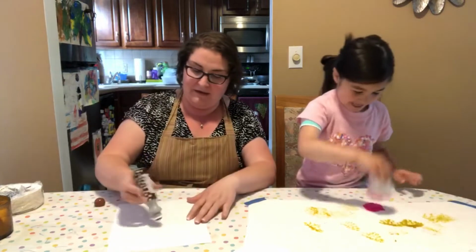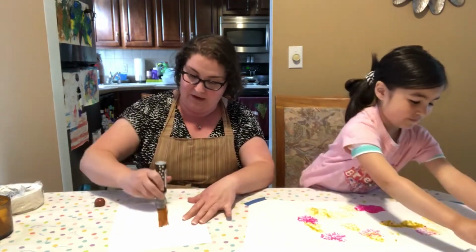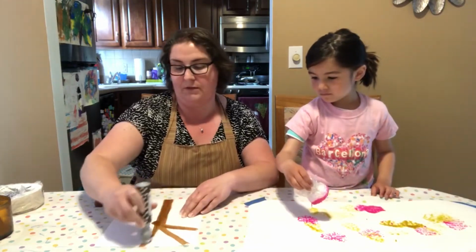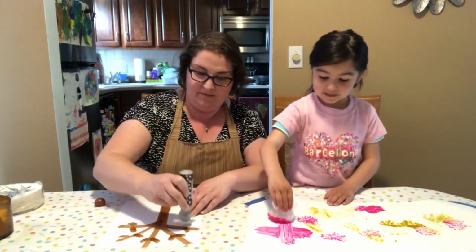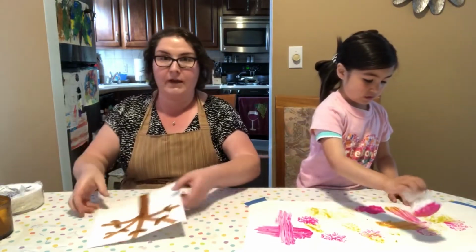So I'm gonna take my paint dabber and I'm going to make a tree trunk. What's nice about these paint dabbers is they make nice lines and they dry so fast. I'm gonna make all my tree branches, maybe make a few stems coming off. Ooh, this one's making stripes. Great. I'm using this one. And this is gonna dry super quick so I can go right ahead and I can start